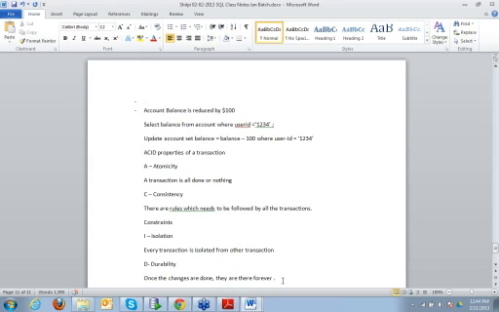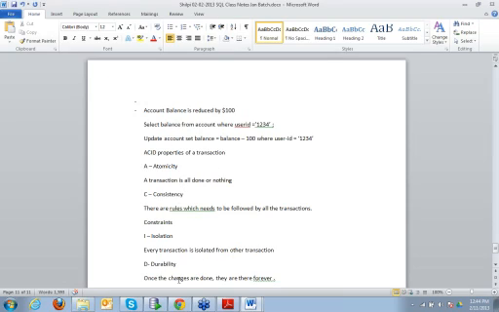What happens is, once it is committed, as we know, the changes which we have made, which are there in the memory, become permanent, and they are written onto the disk, right? Once they are written onto the disk, everybody is going to see those changes. So all these ACID properties work together. A transaction is all done. That means if it is completely done, then it cannot be undone.